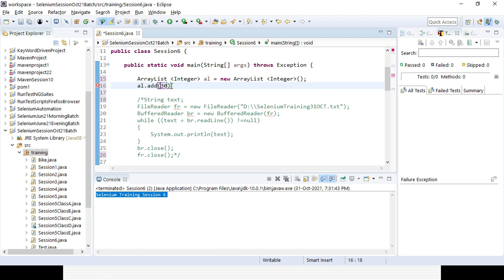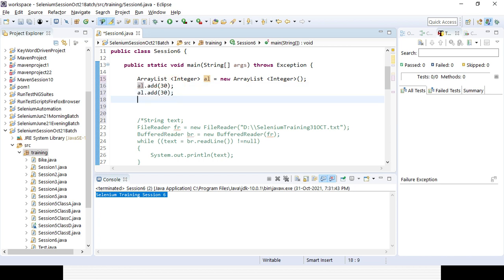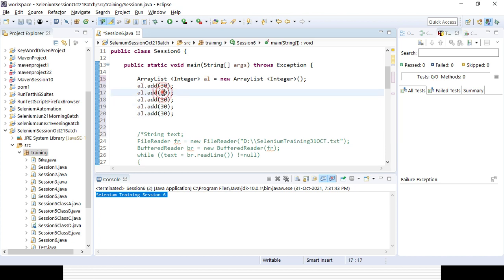Whatever data you want to add, it will allow you, and it can also contain duplicate elements. There is no boundary or fixed size. That is the beauty of the collection framework: you need not define the size, and during runtime it will take the size. Now it got added.